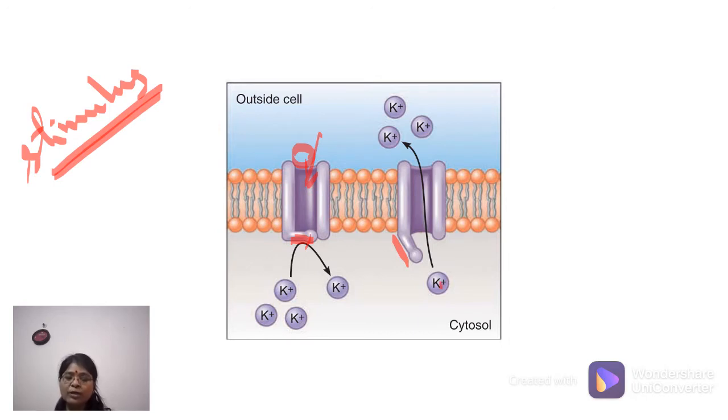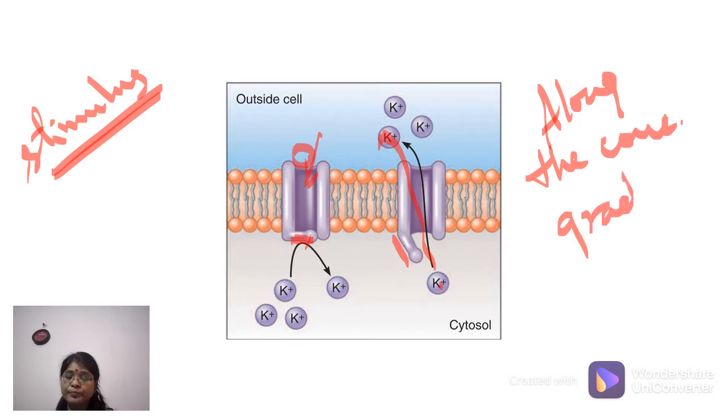You can see here that the concentration of potassium is high, so it is moving from here to here, along the concentration gradient. I am again repeating the term, along the concentration gradient. This is why they are able to move, because this potential energy is being utilized. It is an energy that they possess, so they don't need any extra energy. But for active transport to happen,